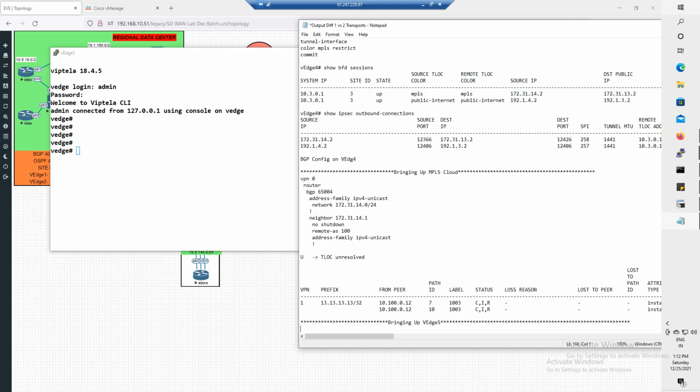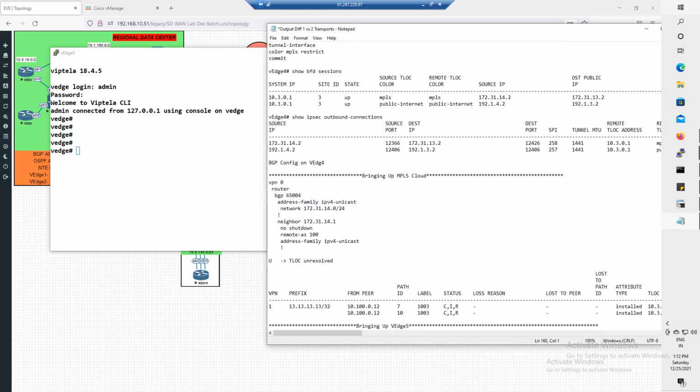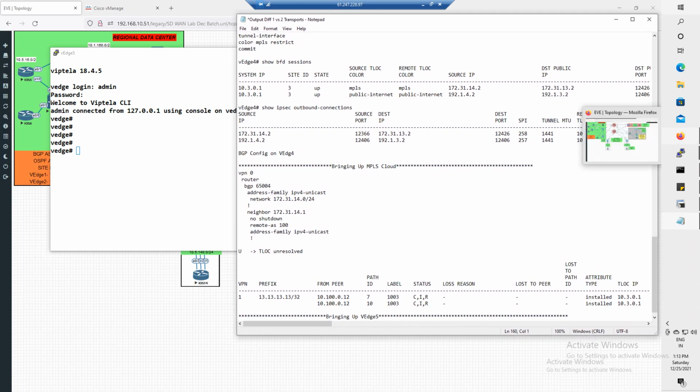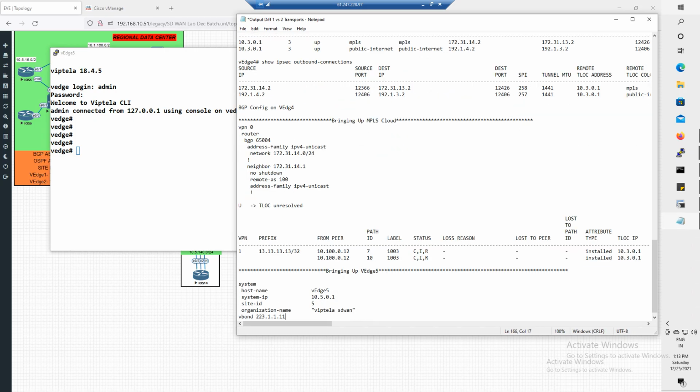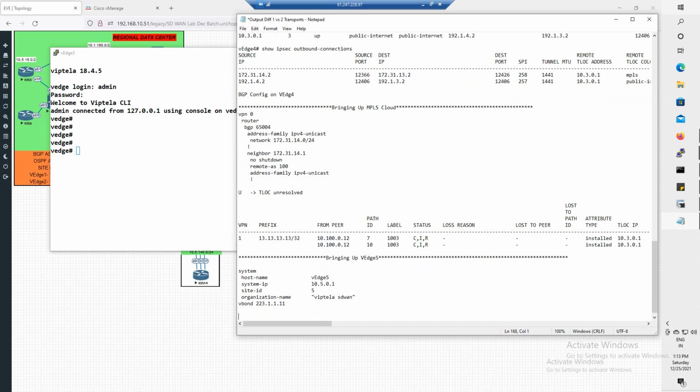First thing will be your system configuration. After that, there will be VPN 0 configuration. First will be system. After that, VPN 0, right? After VPN 0, there will be